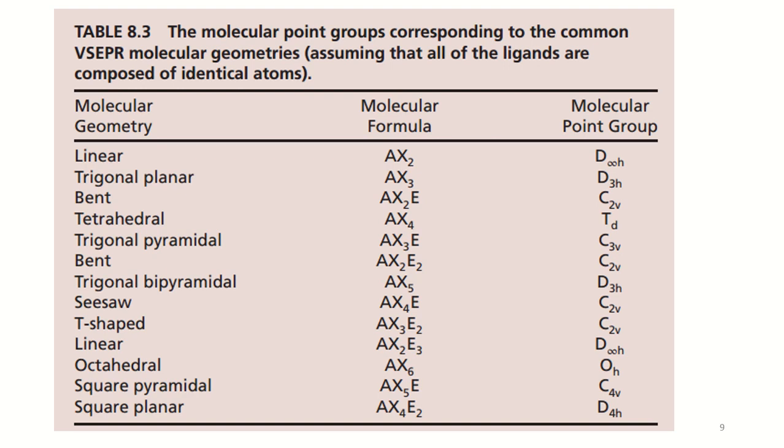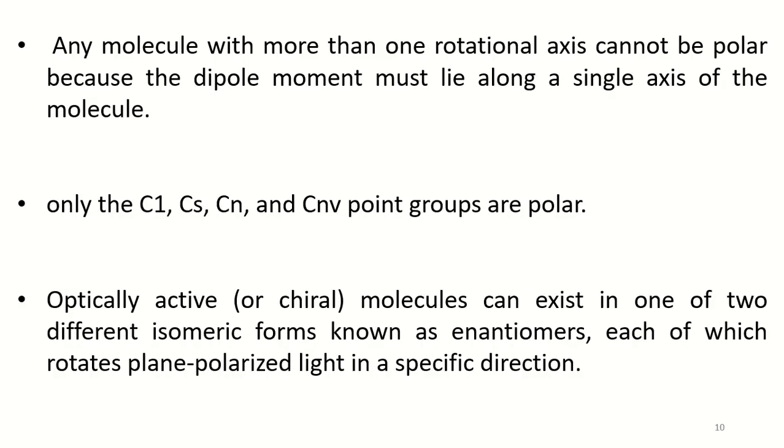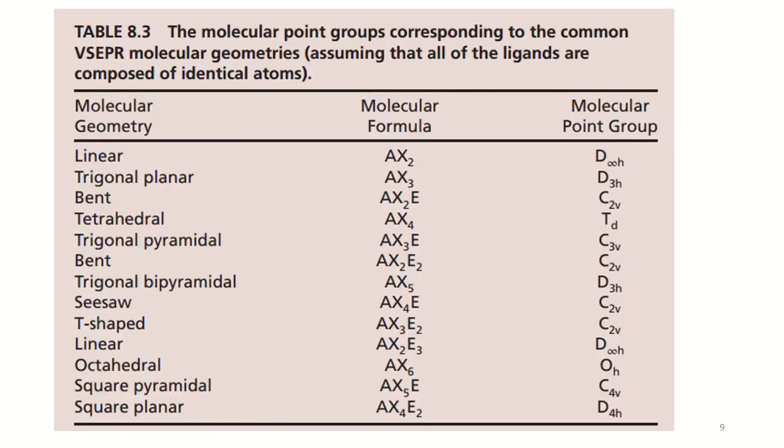For example, if I would like to explain more about the table of molecular geometries, then it is quite obvious that if the molecular formula is AX2 and the geometry is linear, then the possible point group is D∞h, while in case of trigonal planar, which is the AX3 molecular formula, the molecular point group should be